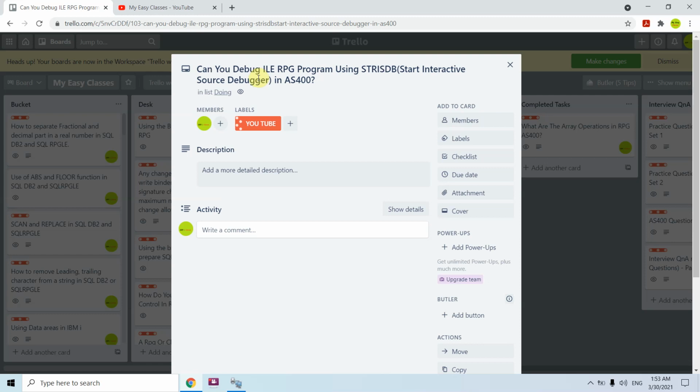The only thing we need to do with the old RPG program is compile it with the source debug or list debug option to debug it with STRDBG, but we can directly use STRISDB with the RPG programs. So we cannot debug an ILE RPG program using this command.